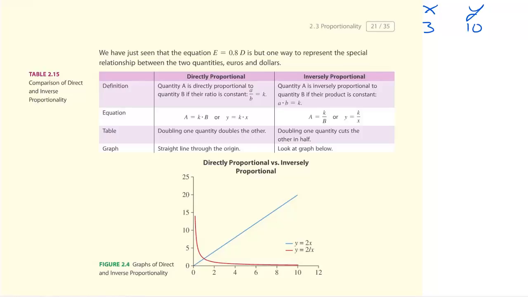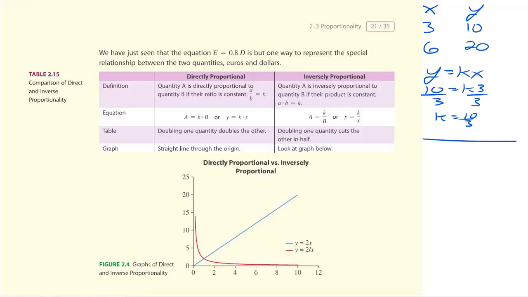And when x is, let's say, 6, y is 20. And you go, well, x got bigger, y got bigger, so this has to be a direct proportionality. And now I can plug in either pair, doesn't matter which, right? So I can go 10 equals k times 3, divide by 3, and k equals 10 thirds,